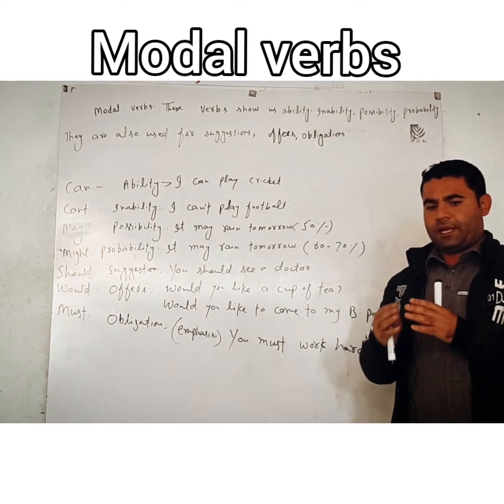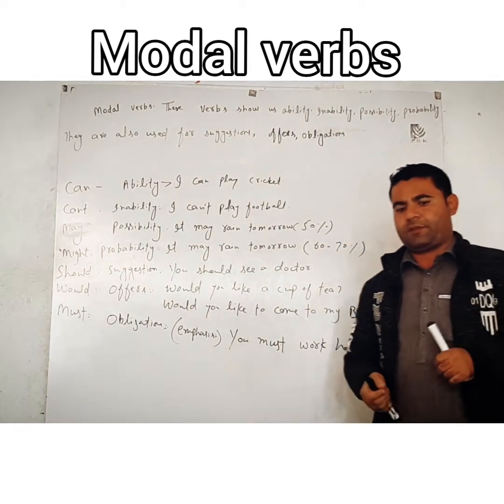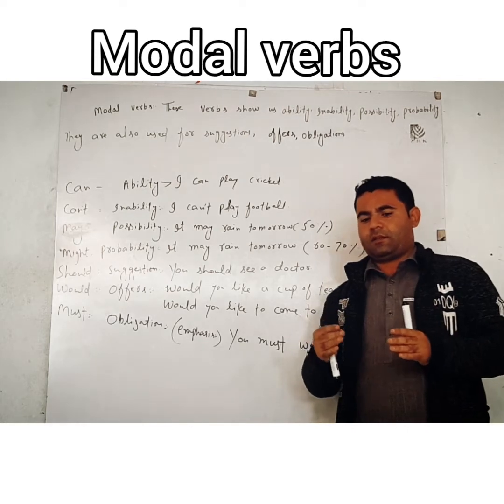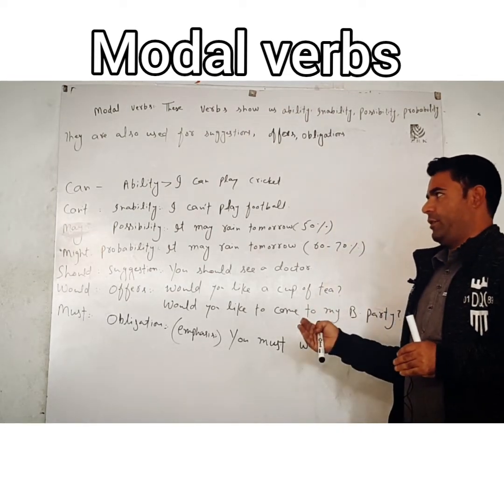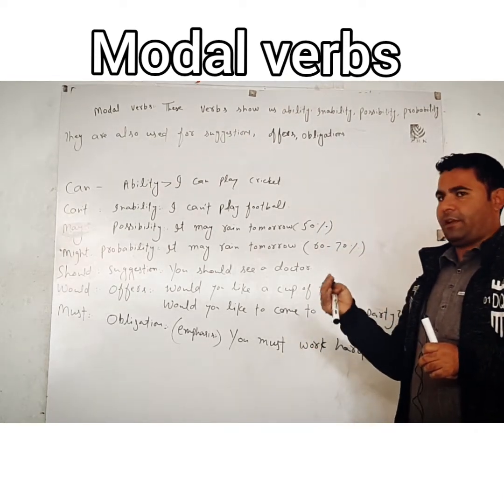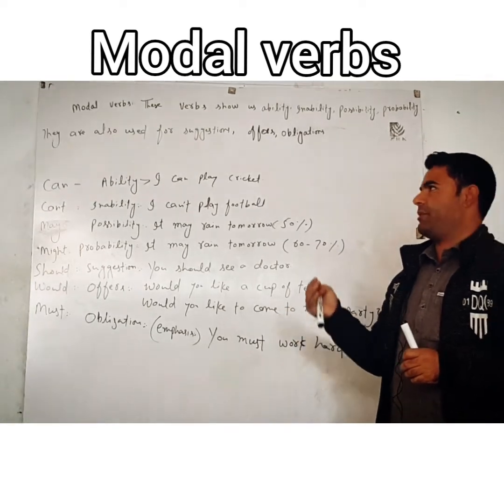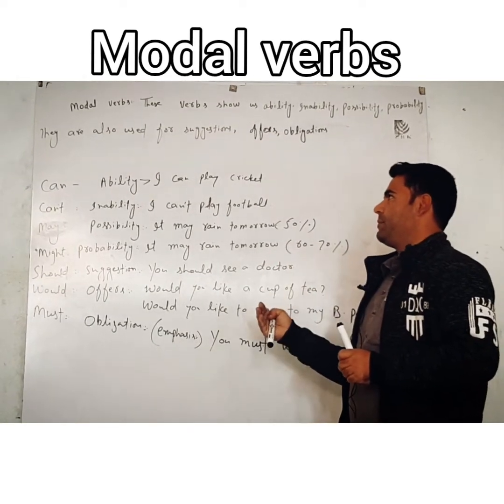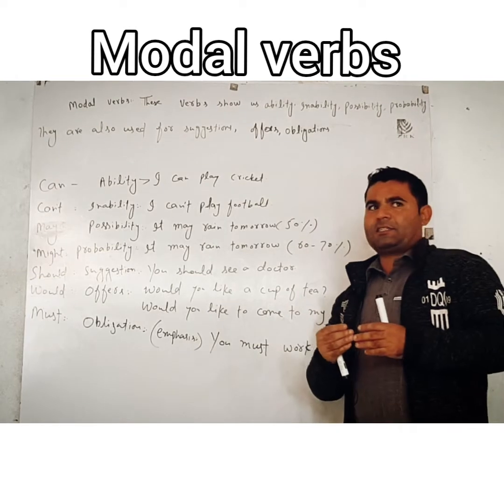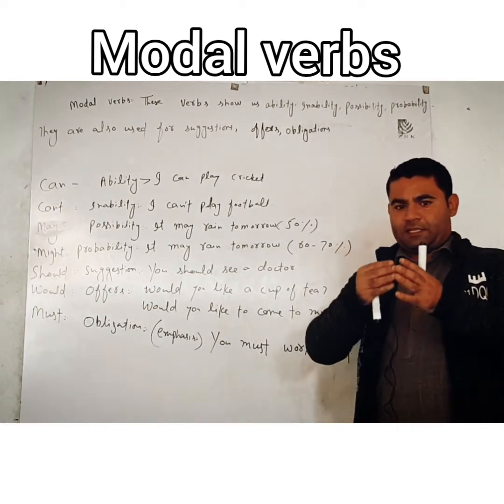Today our topic is modal verbs. They are also called modal auxiliary verbs because they always support another verb. They can't stand on their own. The difference between an auxiliary verb and a modal verb is that an auxiliary verb doesn't change the meaning, it changes the time